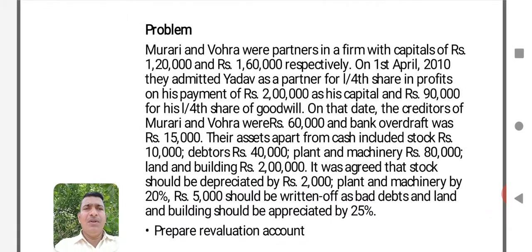Try to find out whether the old profit sharing ratio is given. If the old profit sharing ratio is given, that will be used for distribution of profit or loss. If the profit sharing ratio is not at all given, you can assume that it is an equal profit sharing ratio. Then what is the share of the new partner? You have to take it into account, because that may be helpful for you to calculate the sacrifice ratio.